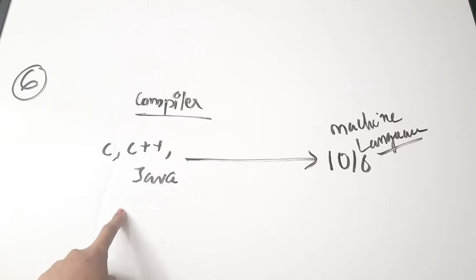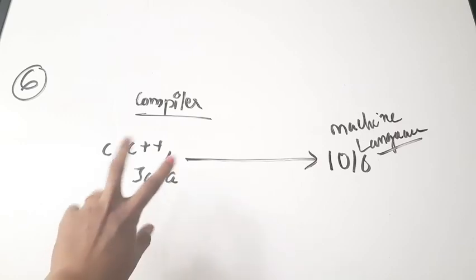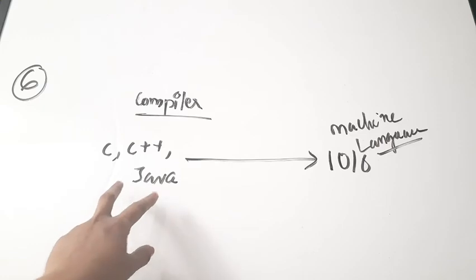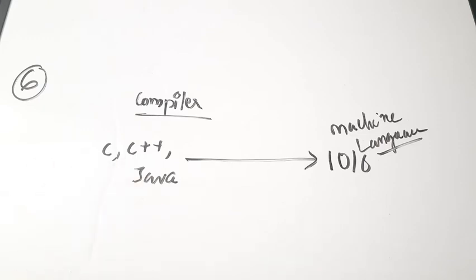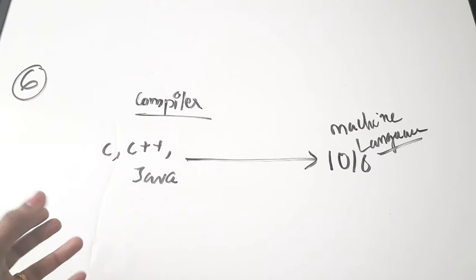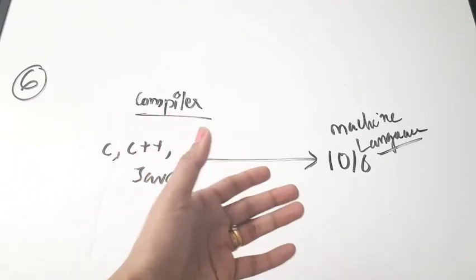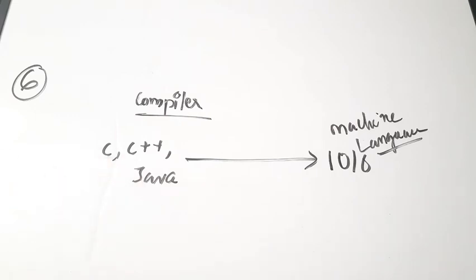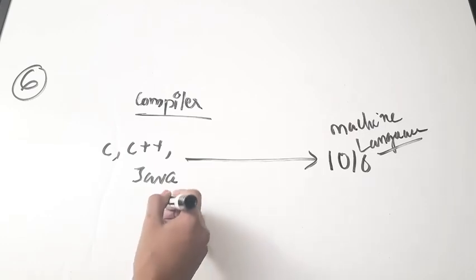And in that case, we require a compiler. Earlier, when it was a hex file or assembly language, we used an assembler. But since this is a high-level language, we are using a compiler for this conversion. And what the compiler is doing is generating an application program and then converting that to machine-level language, that is, in the form of ones and zeros. So the correct answer is C. Both it is doing. Okay.